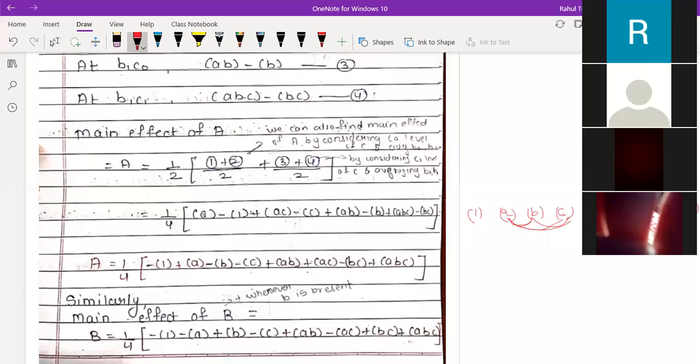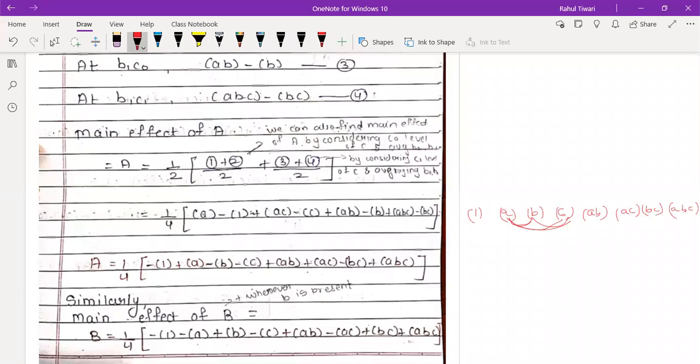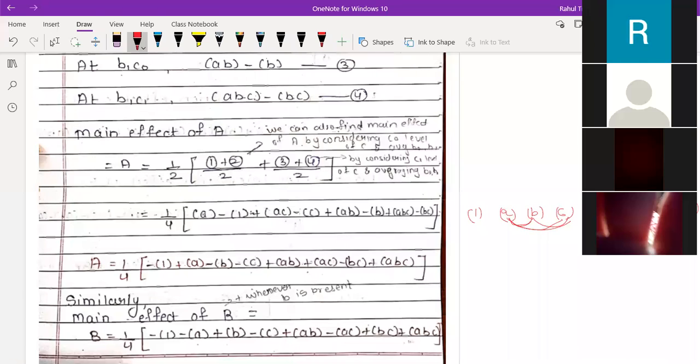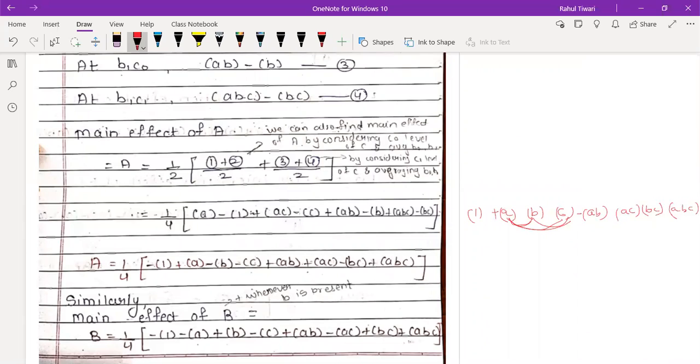Now, I have to find the effect of treatment A, so wherever A is present, a plus will come. A is present here, here, here, here, and the rest will be minus. Can you understand? It is divided by 4 because 4 plus signs are there. That's why it is always divided by 4. Remember, this is basically the main effect. Main effect means you always have to write A. This is a factorial effect. So this is the formula for it.